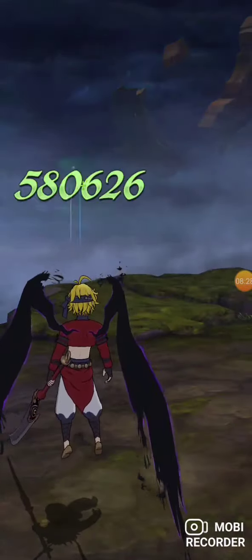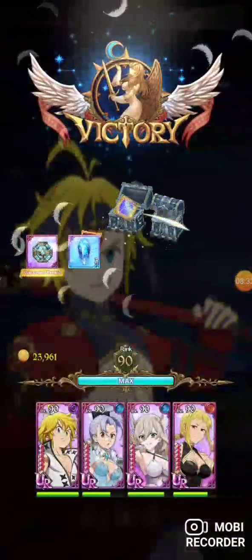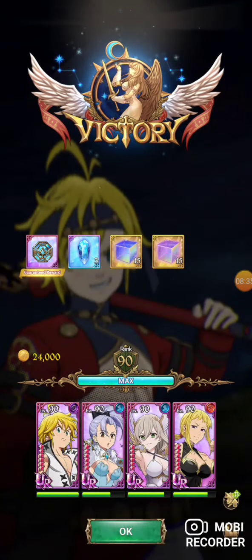Like I said, Jerry's really awesome support for Meli. Essentially on stage 3, that's all she is. Sadly, she just doesn't do any damage. And she takes a lot of damage as well. So you do have to have UR gear for her, but